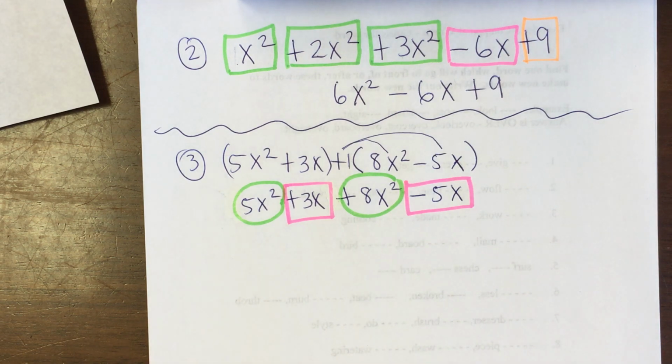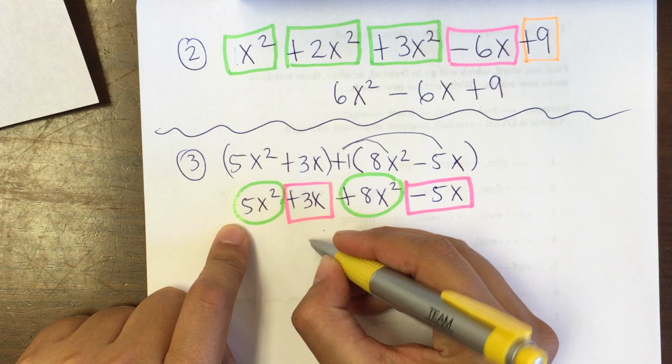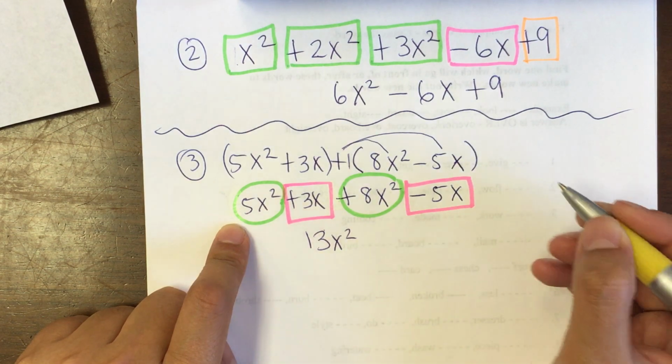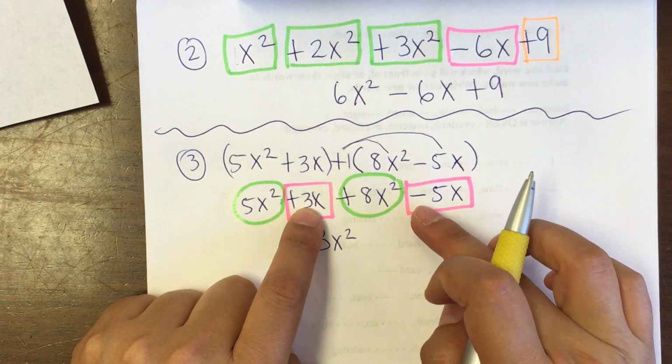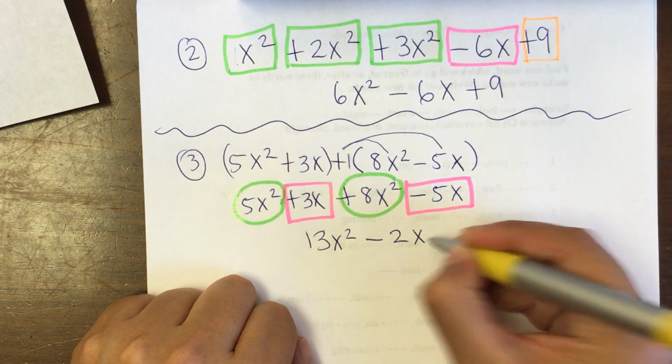Okay, so when we combine them, 5 plus 8 is 13x squared, and 3 plus negative 5x is negative 2x. Okay,